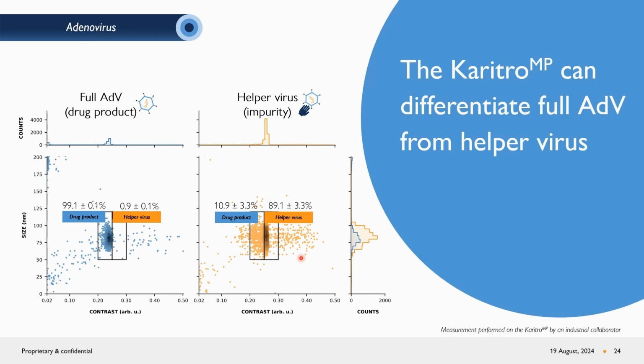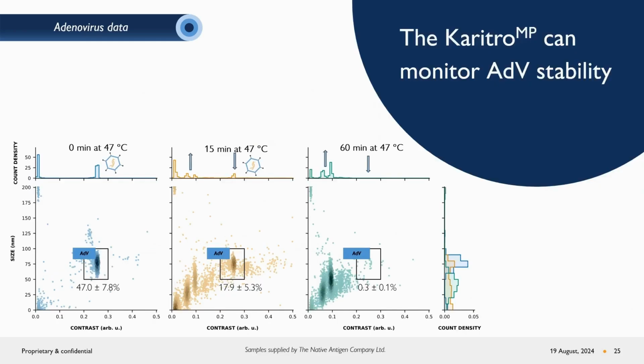The KaritroMP can also monitor adenovirus stability. In this specific example, we are studying thermal degradation of an adenovirus sample, which was heated up at 47 degrees and measured over the course of an hour. You can see one main adenovirus population at the 0 time point, accounting for 47% over the total. After 15 minutes, you can see that the adenovirus population decreased to about 18%, and we see the appearance of